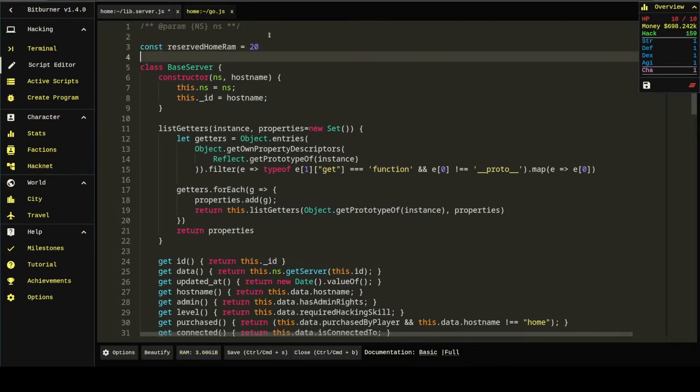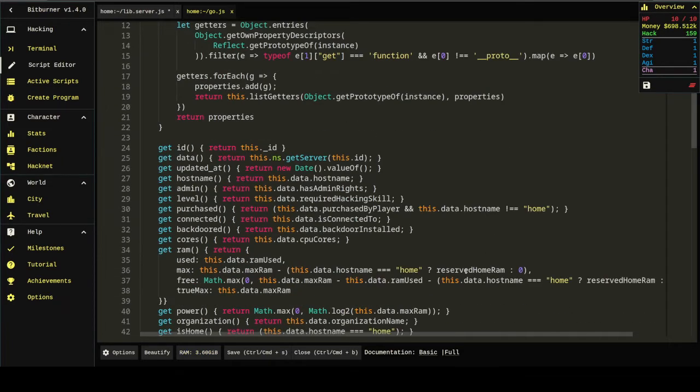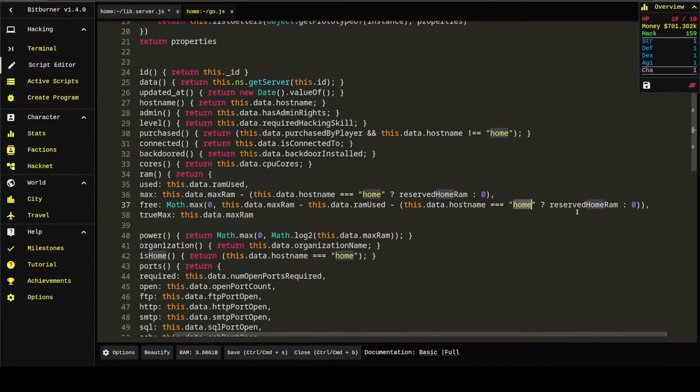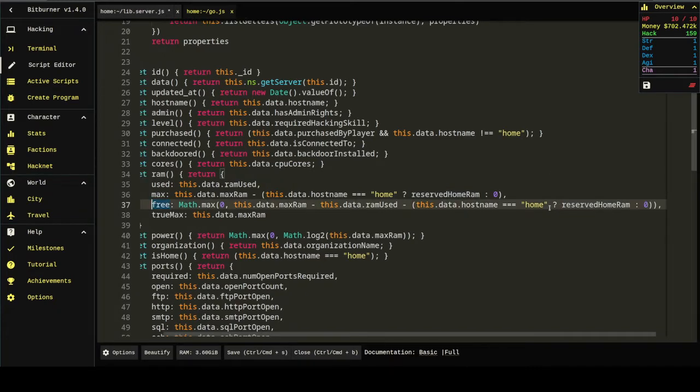Now we are. So what this will do is when we call ram.free, for example, it'll do the standard math. It'll take this data, max RAM minus RAM used, but then it'll subtract if the host name is home. So if we're calling this on home, it'll subtract reserved home RAM. So it will consider reserved home RAM to already be used in any calculation that asks how much RAM is